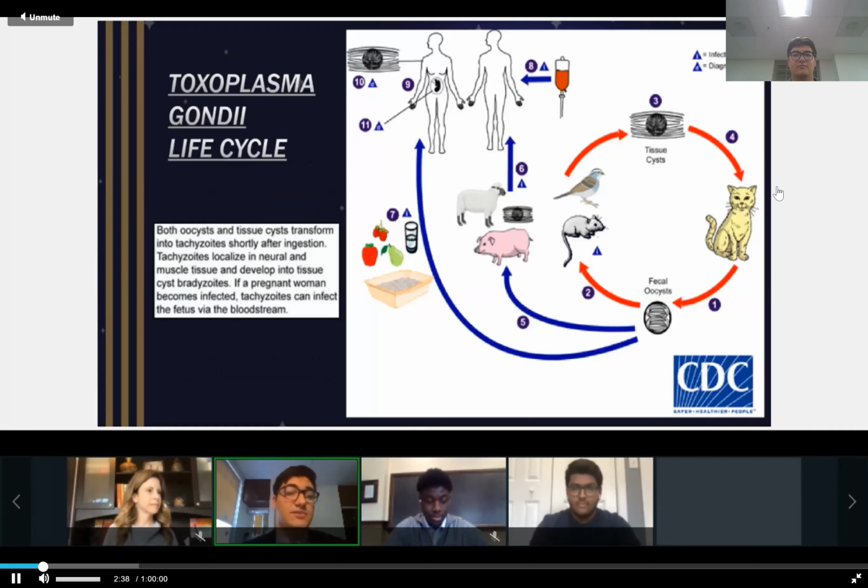So Toxoplasma gondii's life cycle, cats are the definitive host, and so it can replicate in any mammal, but it can only sexually reproduce inside of cats. And so it spreads from them mostly through their fecal matter, which is why you may have heard pregnant women advised not to change cat litter. This is exactly why, because if they get infected from the cat litter, then their babies can have severe effects later on in life. Also from uncooked meats is the other main way of infection in humans.